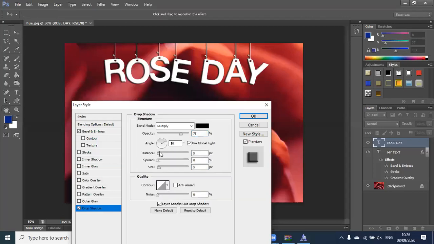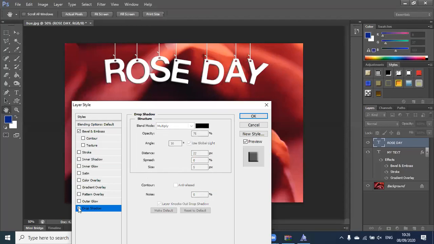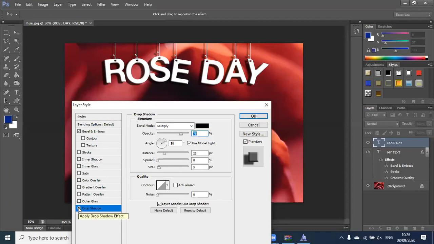For example, have a look. I'll change the distance. I think you'll be able to see it much better. Have a look. Can you see this? I have changed the distance of the shadow. It is with the shadow only, but I'm just making the shadow more evident by pushing it a little behind. Look at this. This is without the effect. This is with the effect. I'm sure it's evident. So basically when something is hanging, you see a shadow behind it, you actually feel like it's hanging. Okay, so you can give this kind of a drop shadow effect.